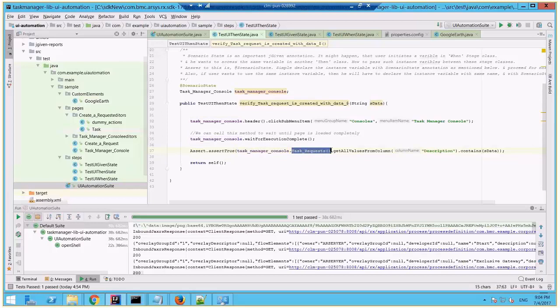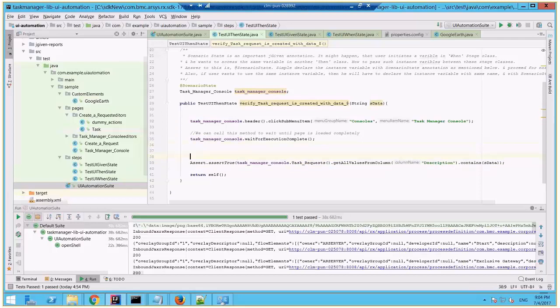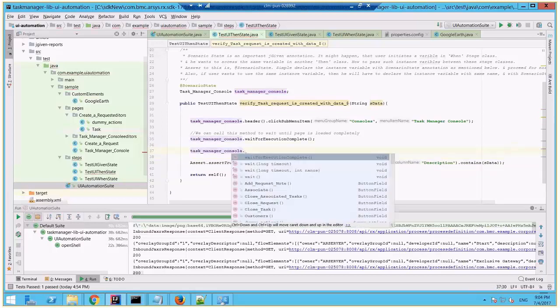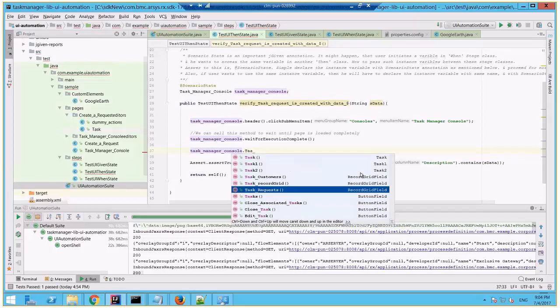task request. Task request is my record grid. I can just show that here. See, task request is my record grid field. Okay,